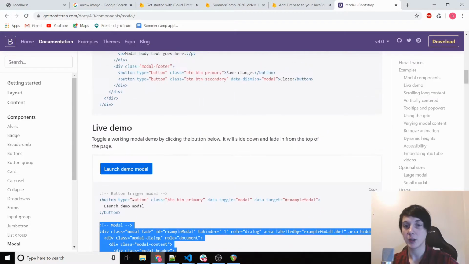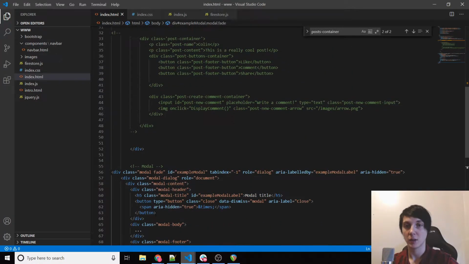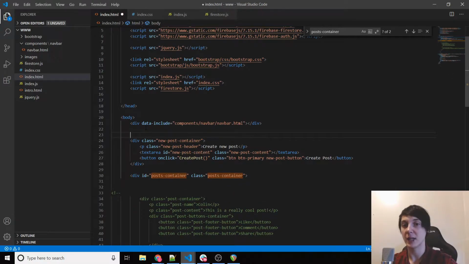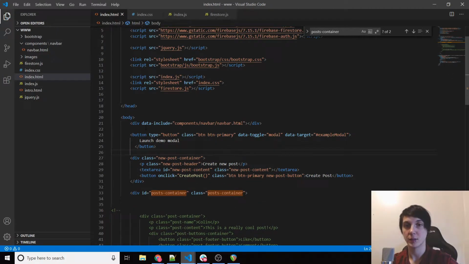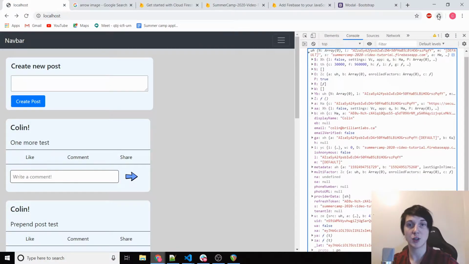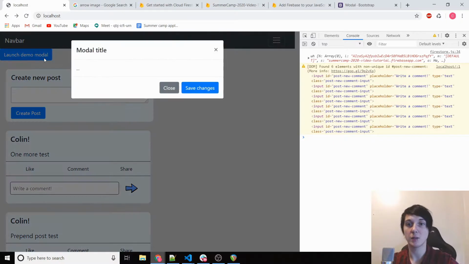And then we're going to copy and paste this button, and we will just put it right underneath the nav bar. So launch demo modal is what we're looking for. So if we refresh our page, we'll see this launch demo modal, and if we click it, it launches the